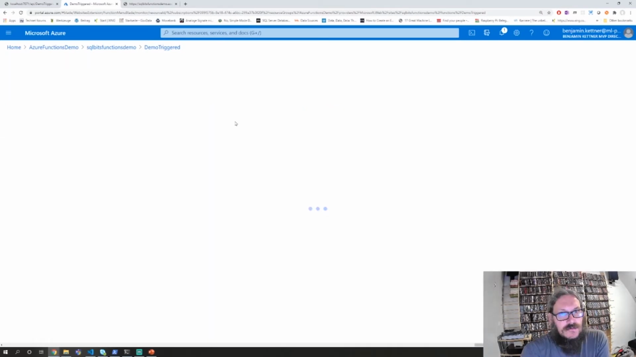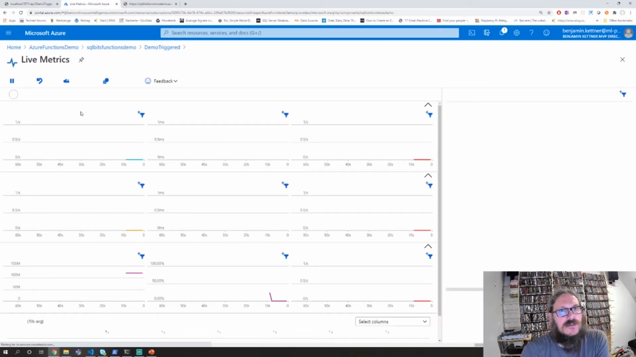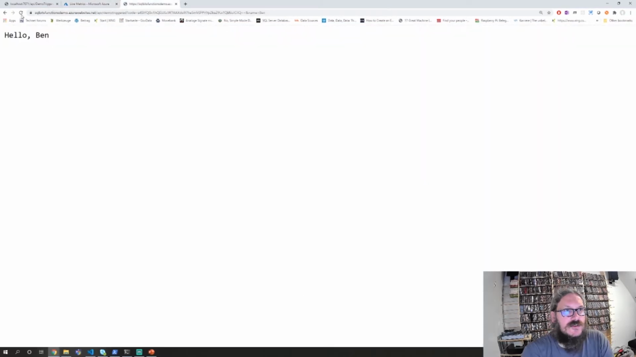And since we have enabled application insights, we can do even more. We can monitor the execution of our function in real time. And this is quite a nice feature. We have the real-time monitoring here. And now let's trigger our function again. We've triggered our function. And if we go back to this tab,